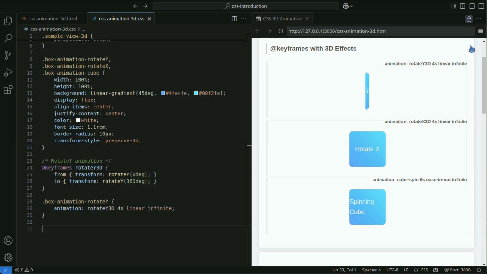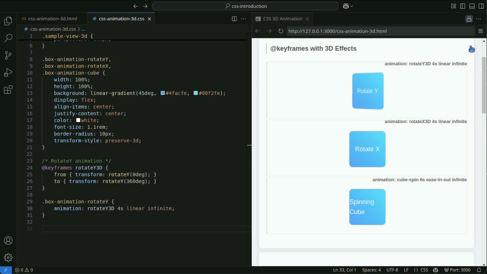The transform-style property is set to preserve-3d to maintain the 3D transformations of child elements. The perspective property sets the viewpoint distance to adjust the sense of depth. Here, 800px is set.